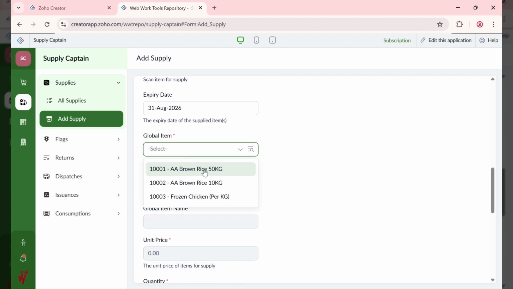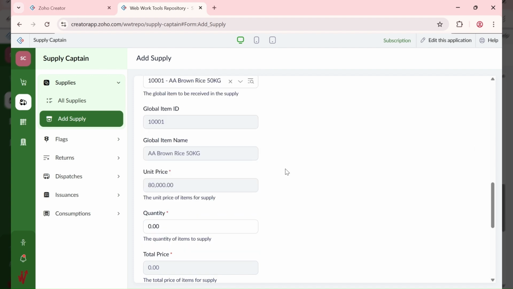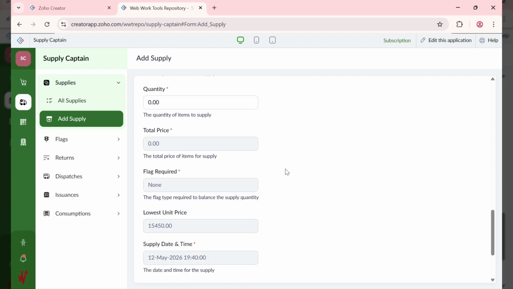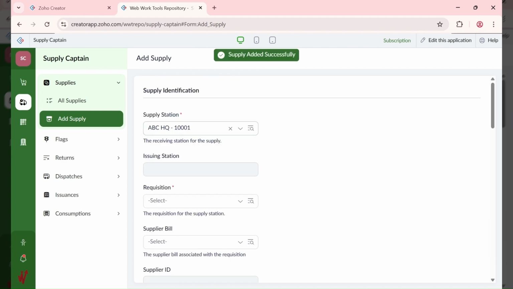Then I'm bringing in the 50 kg rice. Okay, and we needed 20 of the 50 kg rice. Okay, so we have added the supply, as you can see. We have put the quantity for the 50 kg rice. And the way we added the supply was that